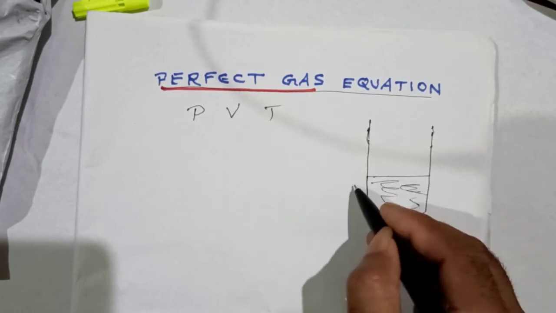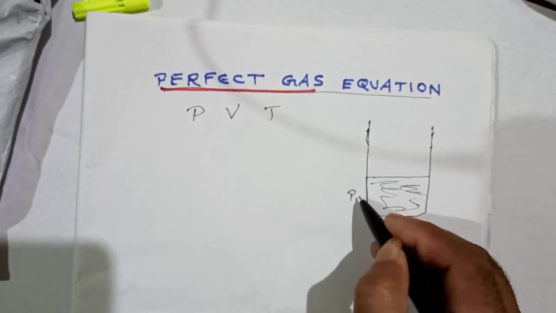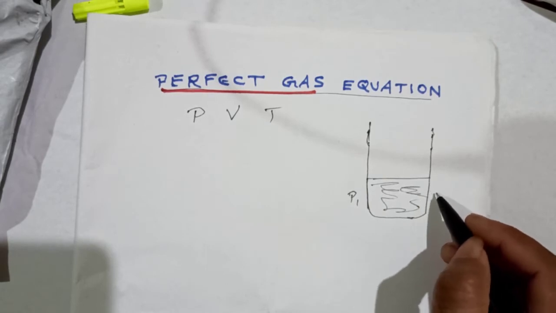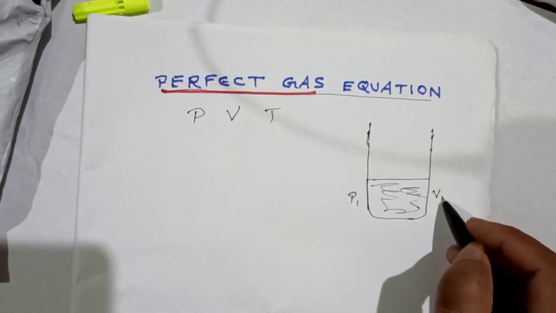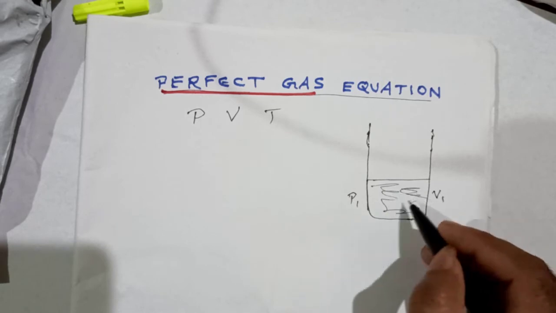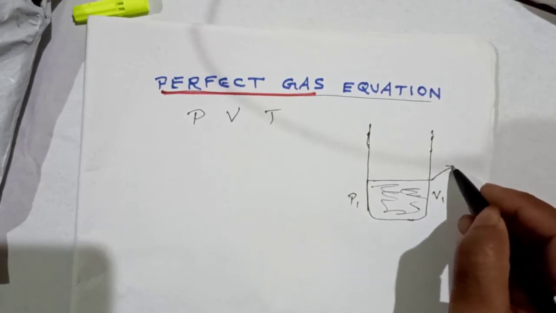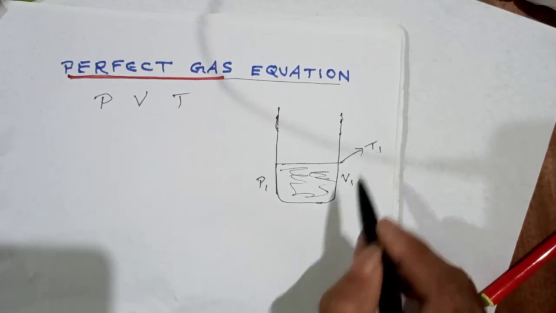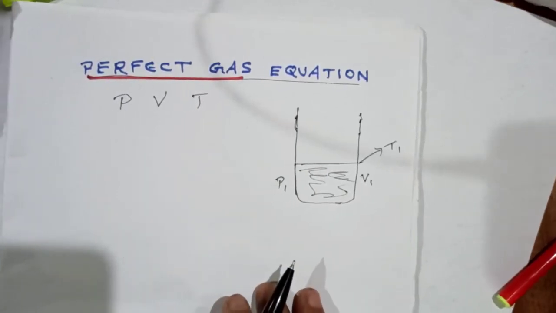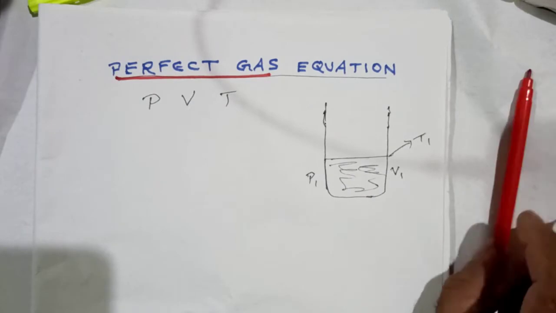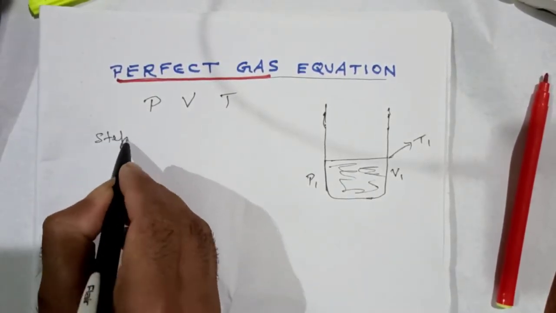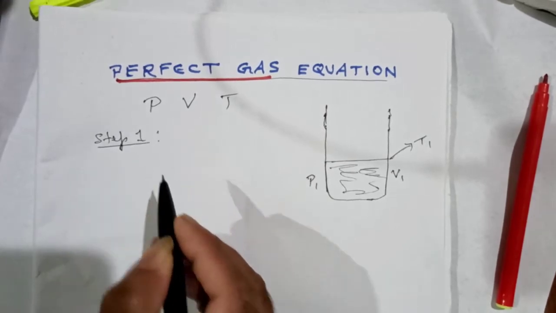Okay, so where its pressure is P1, let's say pressure is P1 and its volume is V1 and its temperature is T1. Okay, so its temperature is T1 in the beginning. Okay, so in this case, in step 1,